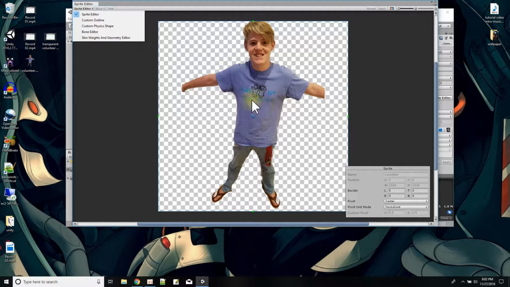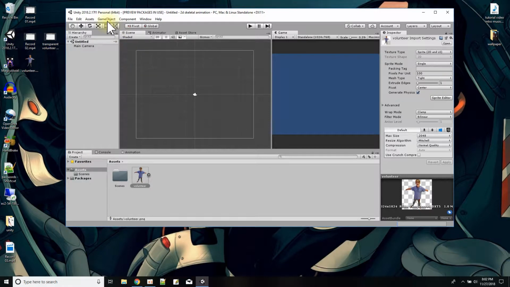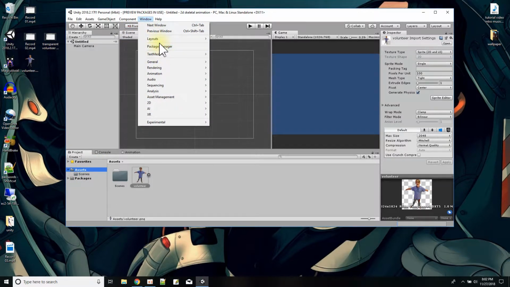the skeletal animation. So if you come to your sprite editor and it only shows these first three and not bone editor and skin weights, then you have to do a step here because by default, when you make a Unity project, it's not going to have the skeletal bones system in it. You're going to have to add the package over here, the 2D animation package. And the way you add a package is you go to Window, Package Manager,